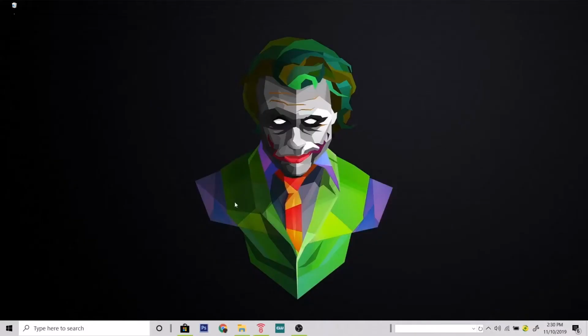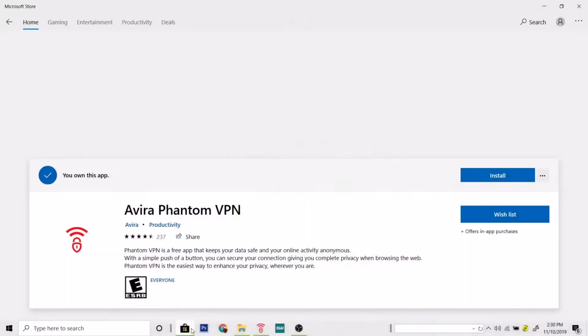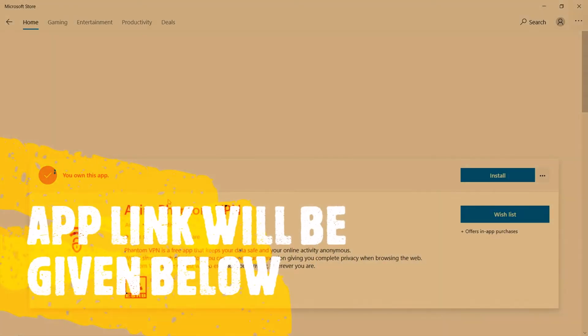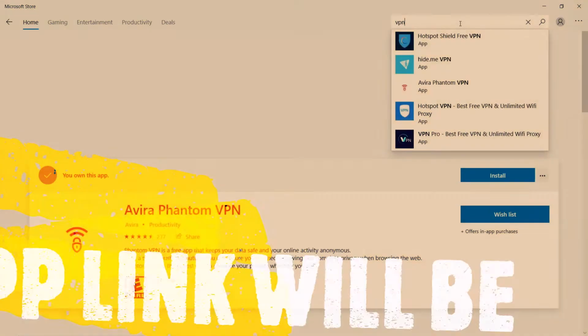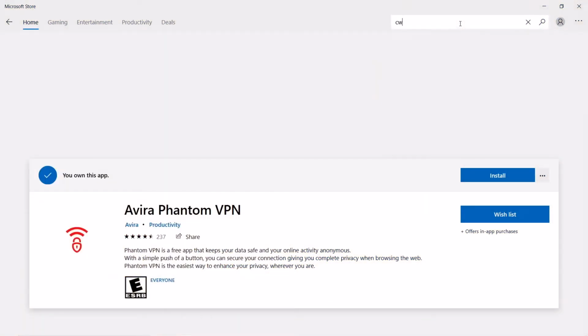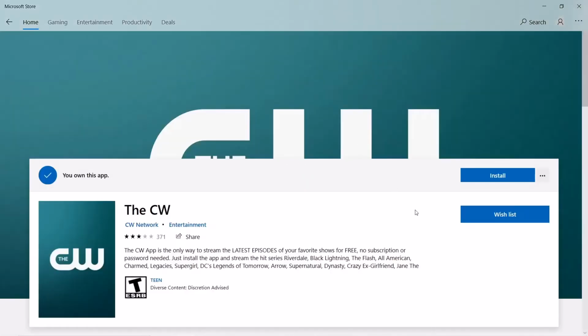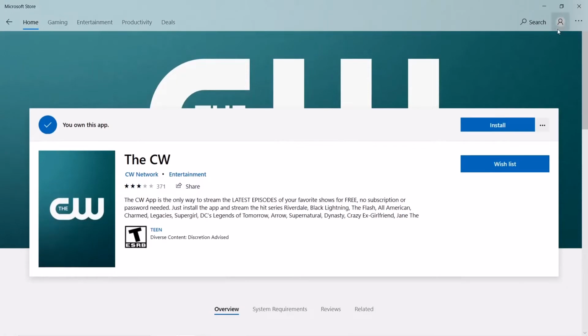So now what you have to do is download two apps. Vida Phantom VPN. You can download any VPN, but you should connect it to the US server. Then the second app is CW. Okay, this is the app CW. You should download it. After downloading both these apps,